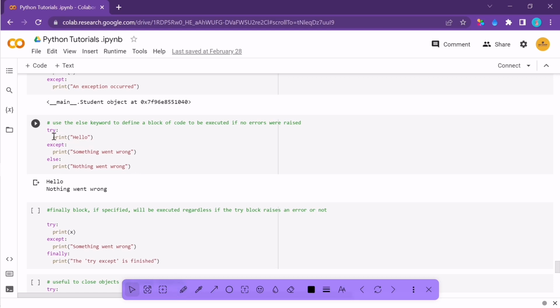See here, the try block contains the normal code, print hello. If there is any exception, it will print something went wrong. Let's say you entered some other wrong value, then it will give the user output that something went wrong. If nothing happened, then it will give nothing went wrong. Okay,